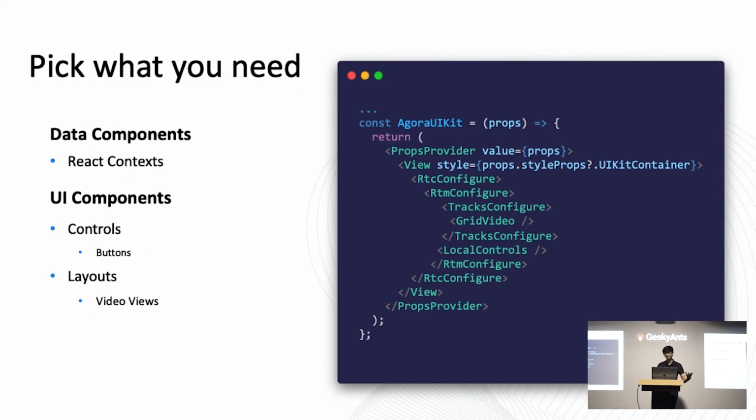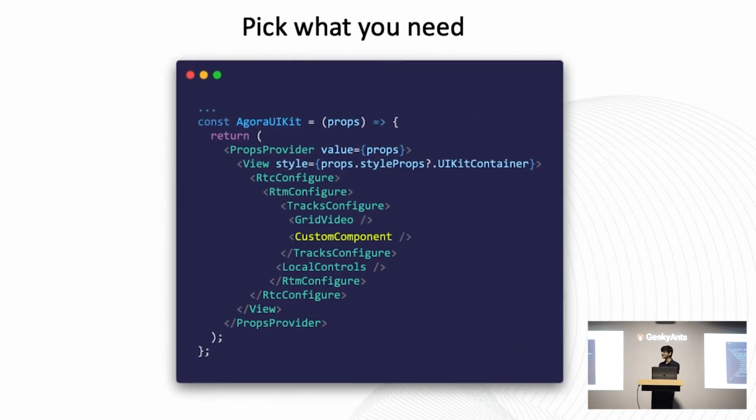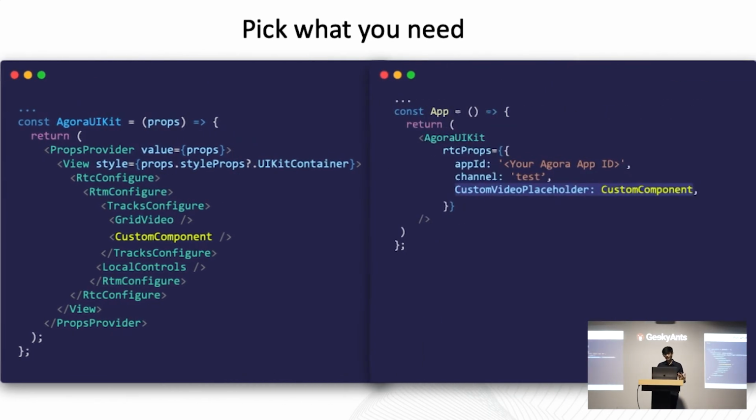Why would you want to do that? Well, you can insert custom components into the tree wherever you want. And why is that important? It looks tempting to do it this way on the right, where you can do this for really specific things where you know in advance that this is what the user would want to do. This is where they'd want to insert a custom component. So you can think of, hey, there's probably an idea that they want to insert another button in the bottom bar. You can do this on the right,